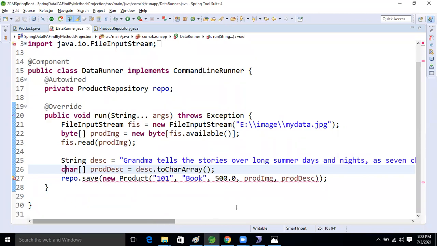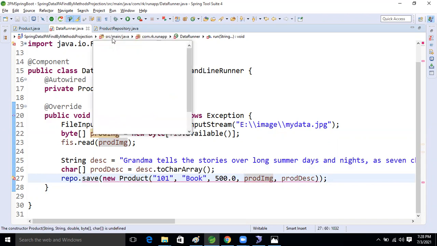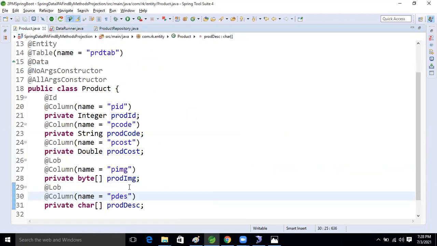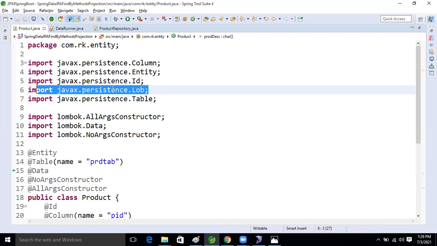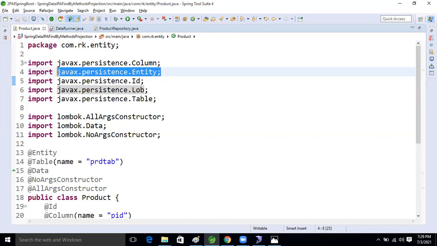It's saying that char array is undefined. Okay, one minute, something goes wrong.